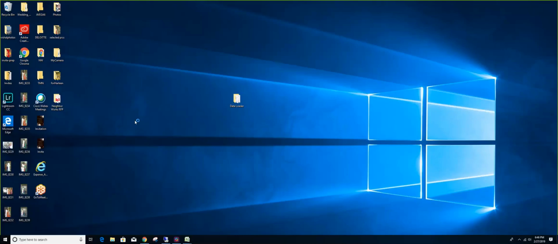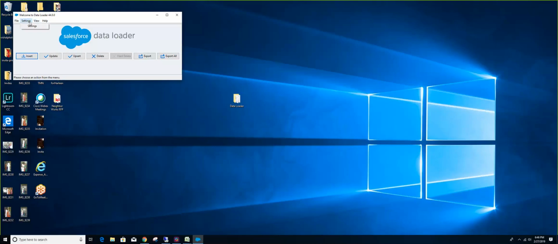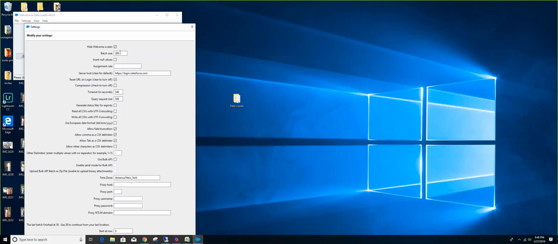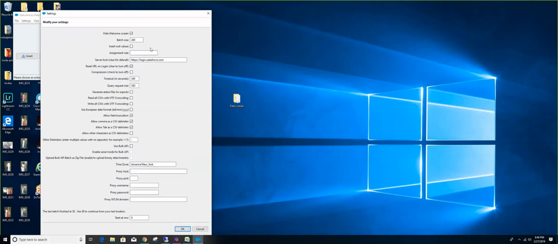Here, let me show you the settings, where you can set the batch size, and you can set the server host, whether it should be test.salesforce.com or login.salesforce.com. We also spoke about some of the common issues that you face while working on Data Loader in real time, where the batch size